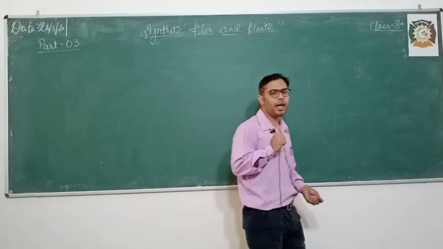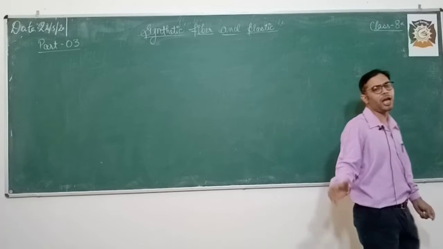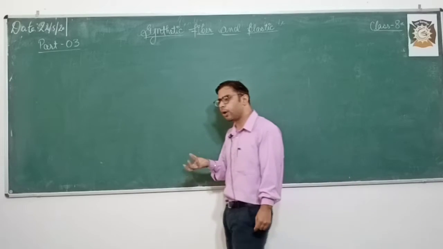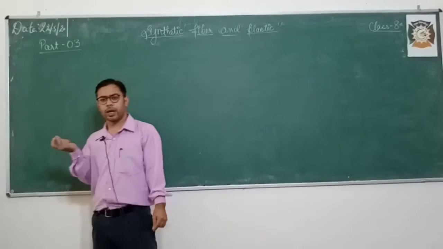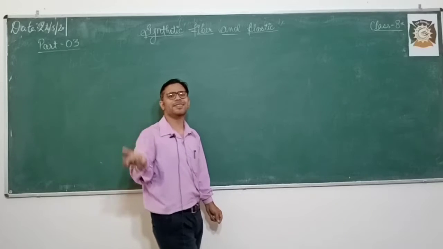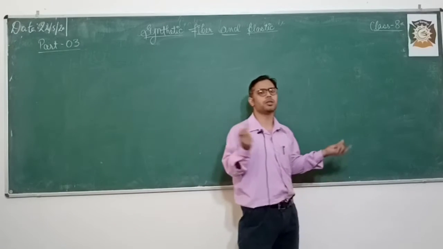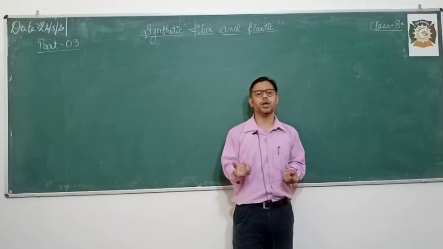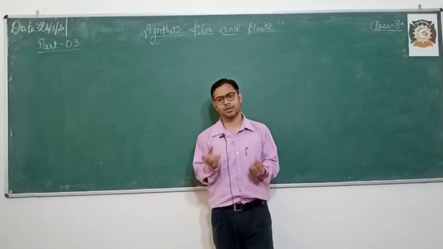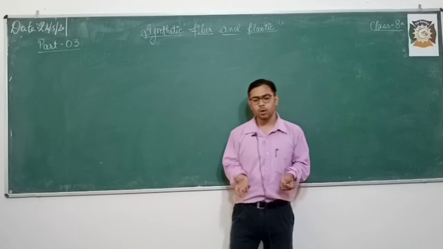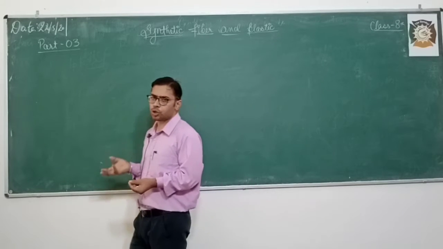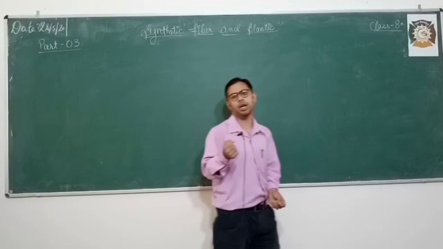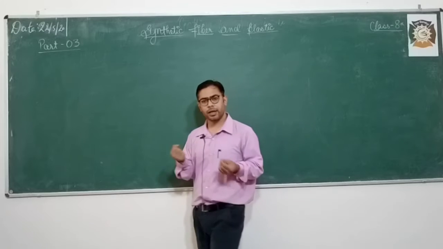In part 2 of our lecture, we studied some types of synthetic fiber. What are those types? Specifically we studied rayon. Rayon is also known as artificial silk because it resembles silk in its properties. Rayon absorbs some amount of water. Rayon is lustrous, and it loses its strength whenever it is wet. Rayon is used to make fabric like sari. It is also used in surgical equipment, like making bandages.